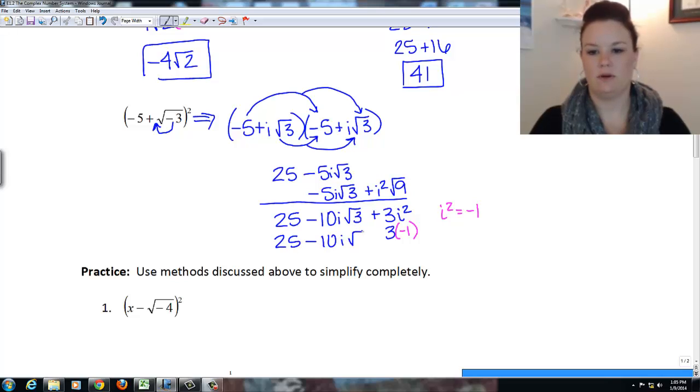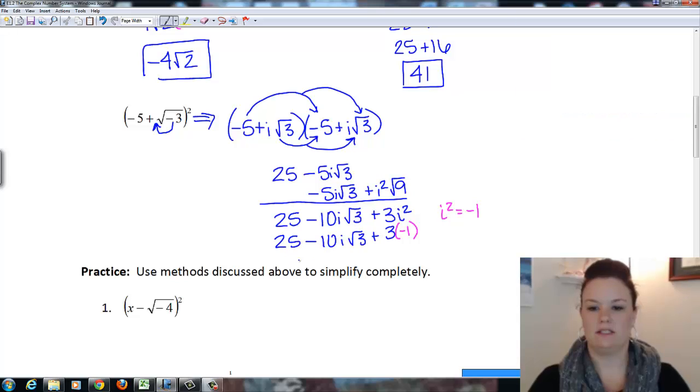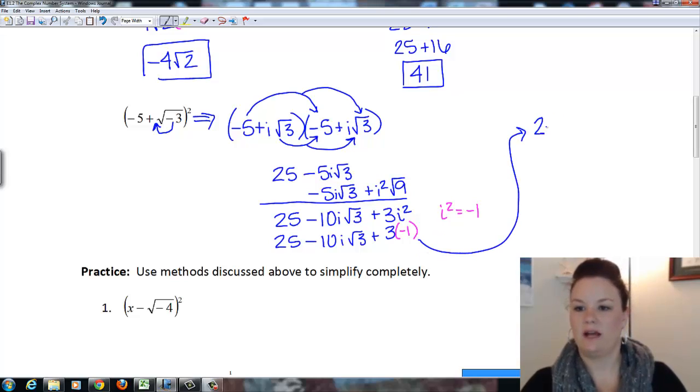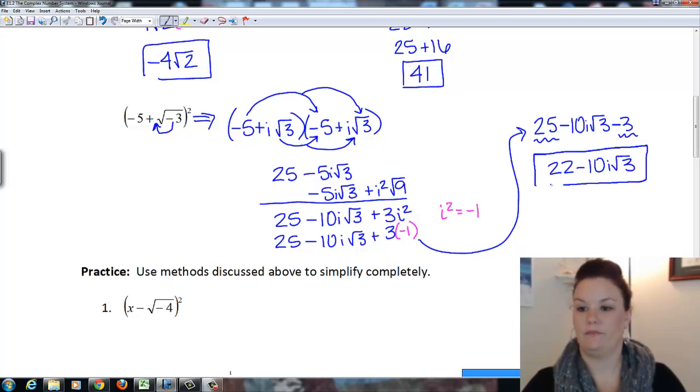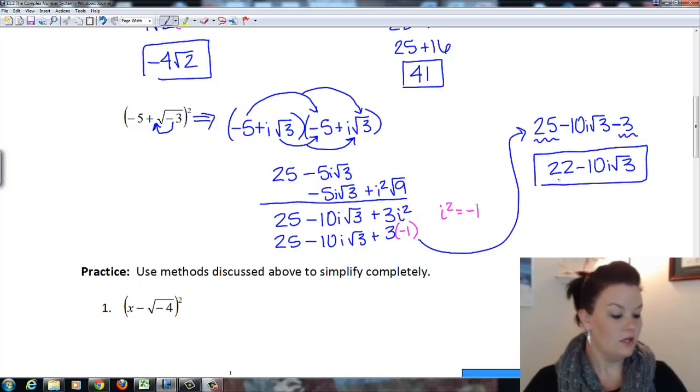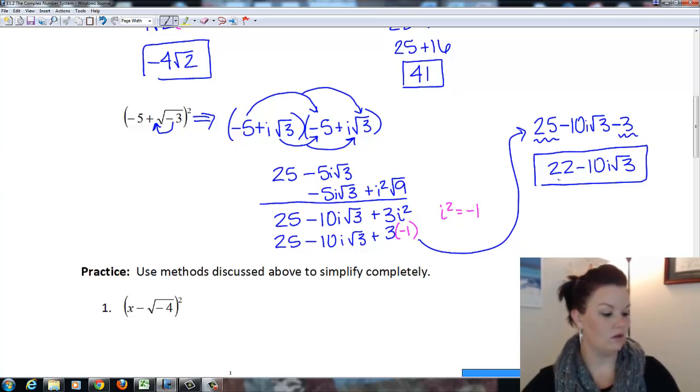Okay, so I'm going to just rewrite this. So this gives me 25 minus 10i root 3 minus 3, and then I'm going to combine my number terms. So 25 minus 3 gives me 22 minus 10i root 3. Okay? All right, so there is a couple for you to try, and then we're going to look at order